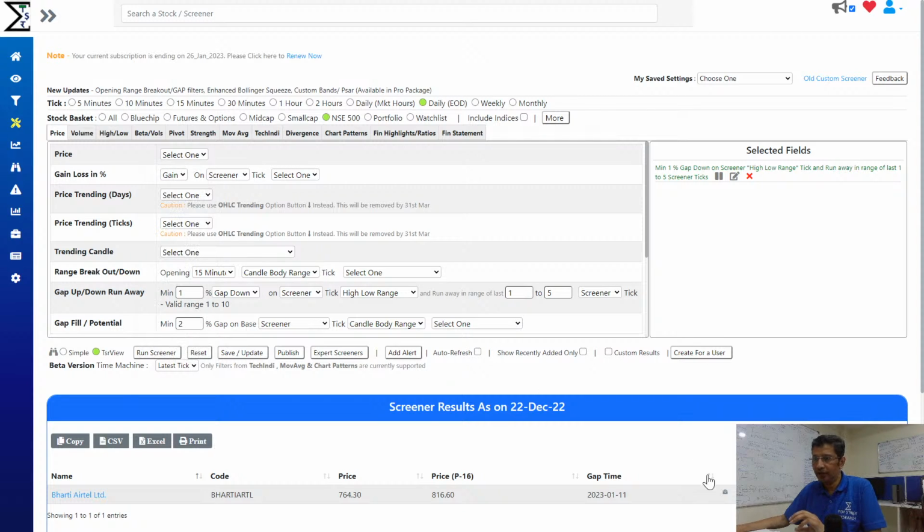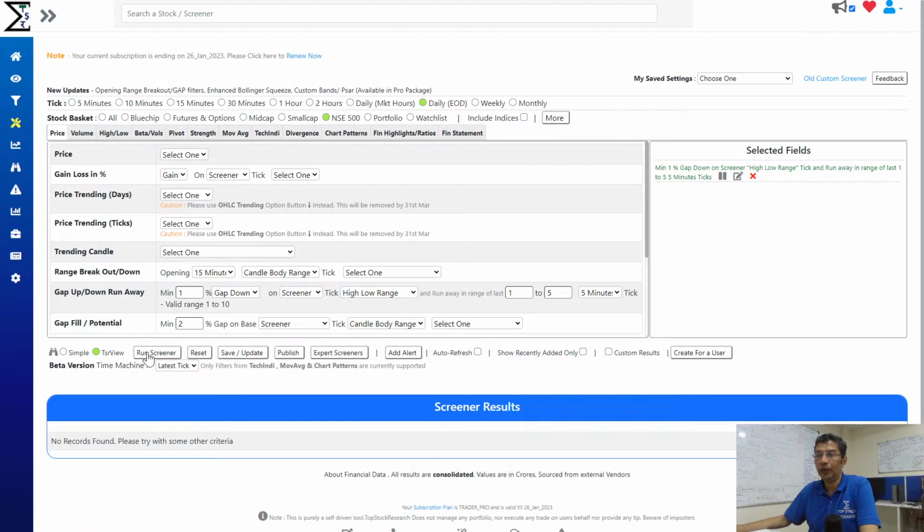Right, so the idea is, number one, you can define the gap up percentage. Then what you can do out here is, first is gap up, which we are doing on an EOD tick. If you are looking at an intraday period, the gap up is there, and then you can set a runaway on another tick. For example, there was a gap up here by 1%, and then it is running away for a minimum of 1 to 5 minutes